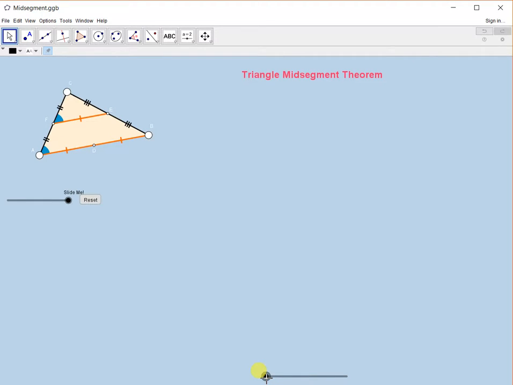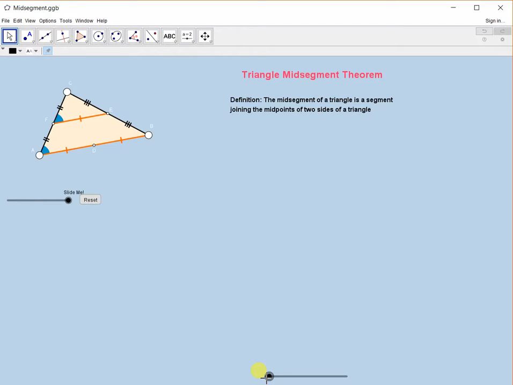Hello, today we're going to be covering the triangle midsegment theorem. Before we can actually cover the theorem, we first have to understand the definition of a midsegment. The definition states that the midsegment of a triangle is a segment joining the midpoints of two sides of a